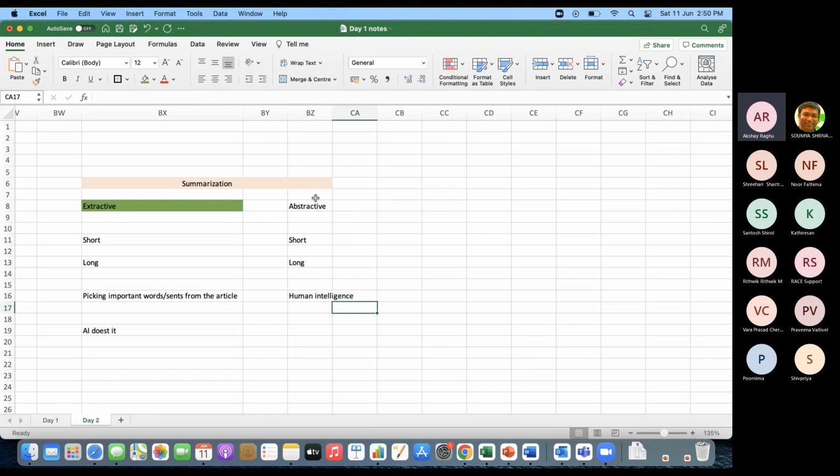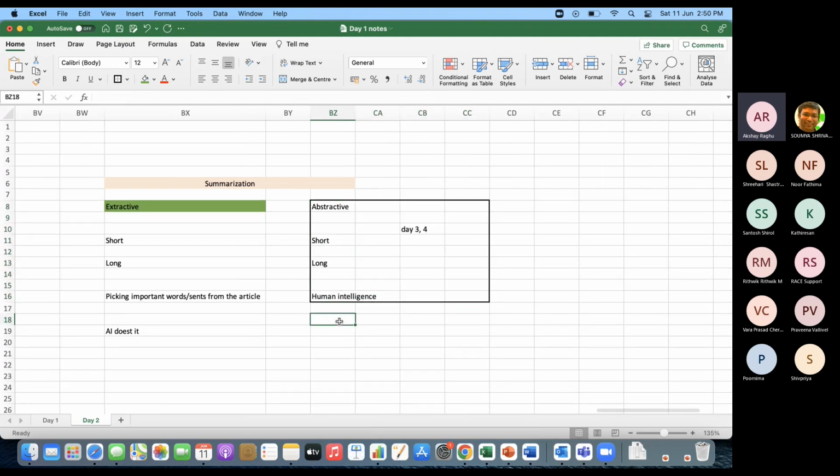Make sense? And this abstractive we will visit at the end of day 3 or beginning of day 4. Not now, because I'm going in a flow. I'm going from easy things to more complex things. That's how I framed these 4 days. So now we will just focus on extractive summarization. That's where there are a lot of readily available libraries. One such most popular and common library is,